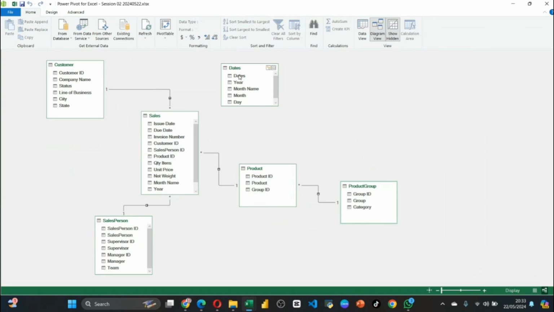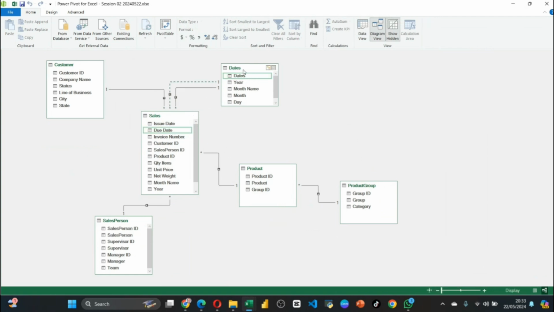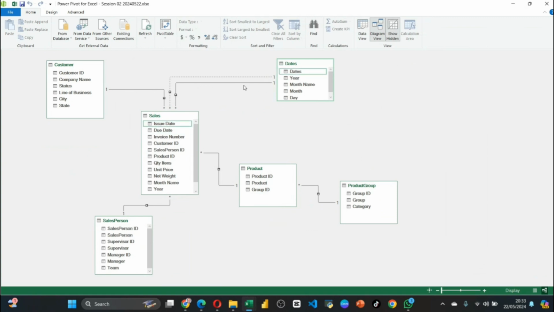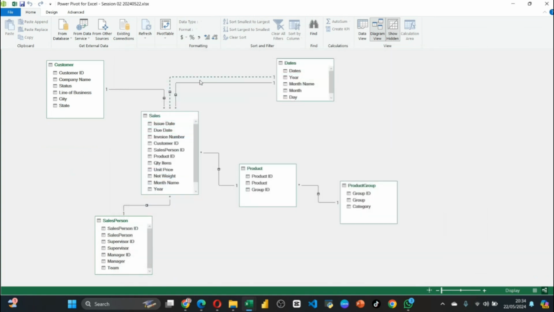Now, here date, we are connecting it with this date. And again, the same date, we are connecting it with this date. Why? Because at some point, I may want to use both dates. But remember, here Excel is already telling you that the same ID, even though we are connecting it to both, one is going to be inactive. One is not going to be active. So you have to choose which you want to make active. Remember I said the issue date is our major